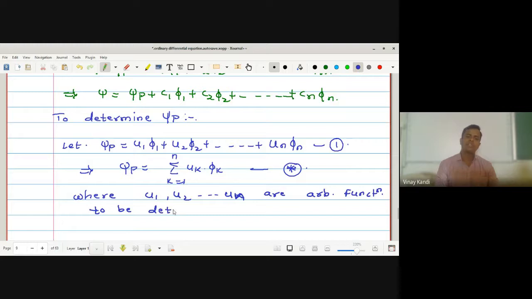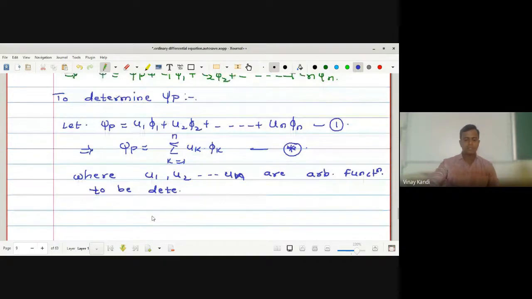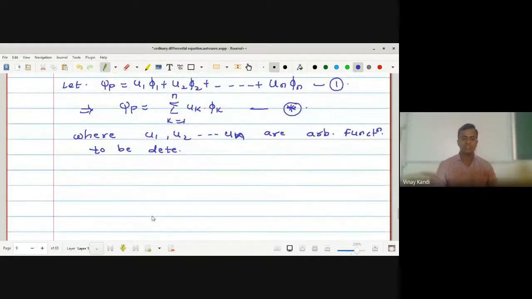Okay, we have to determine the values of u1, u2 up to un. Now differentiate equation 1 with respect to x. We get